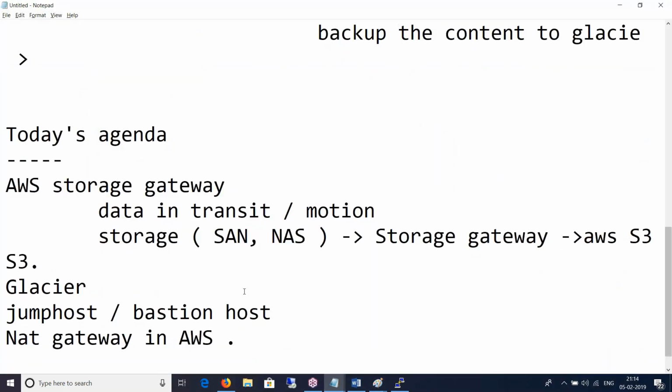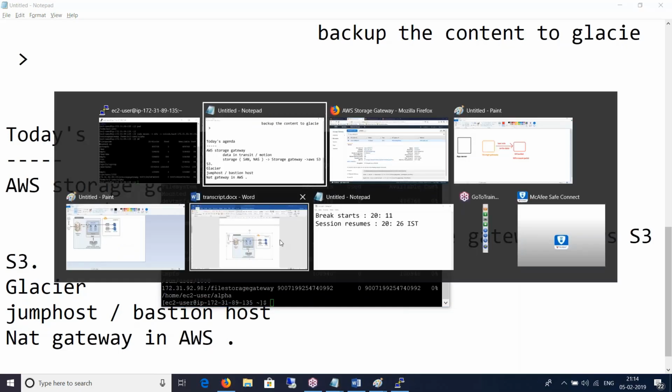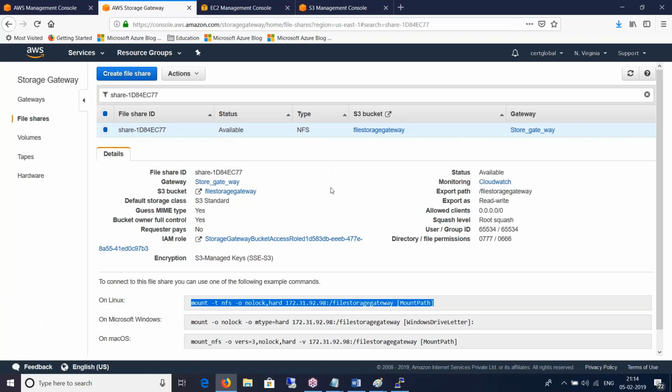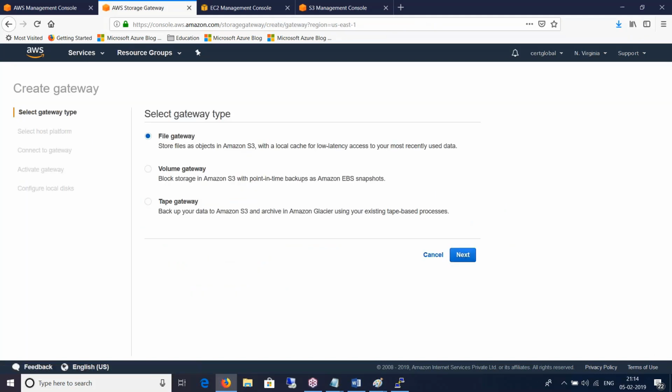Will this storage gateway always be a Linux machine, or can it be Windows as well? It's actually an image that Amazon gives. It's a special image that Amazon gives us, because it has the application and software installed that makes it a storage gateway. It cannot be just any other EC2 instance, or just any other Windows instance. It has to be done through the method that we saw.